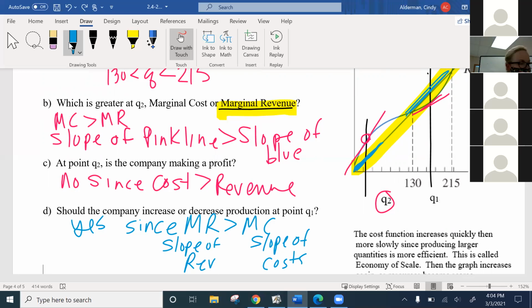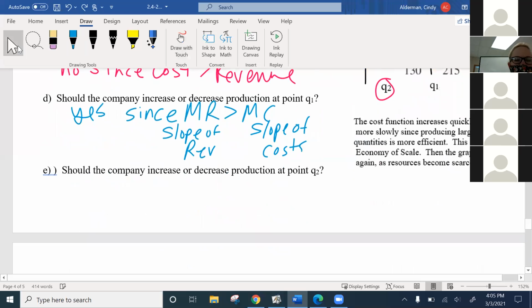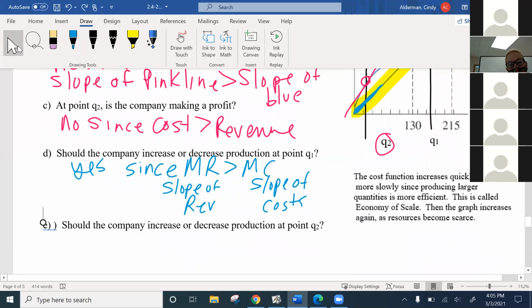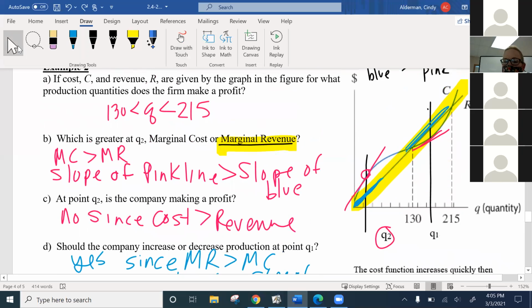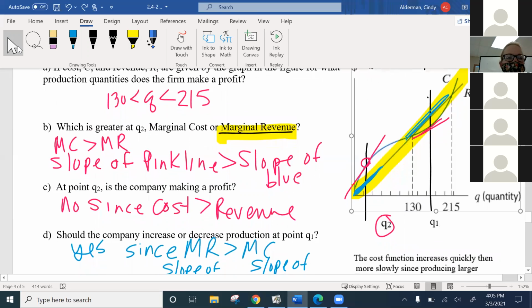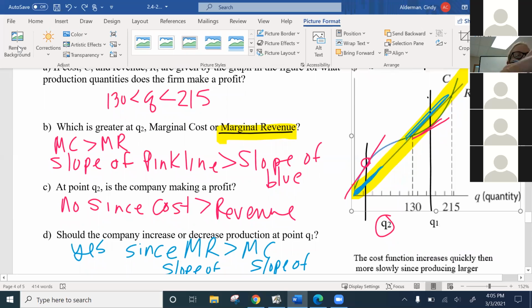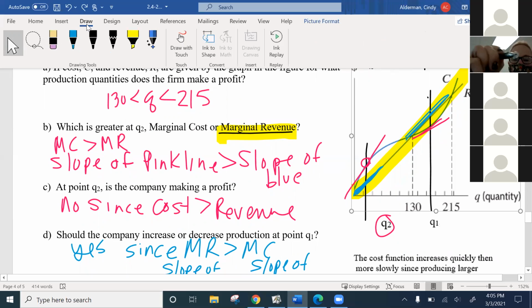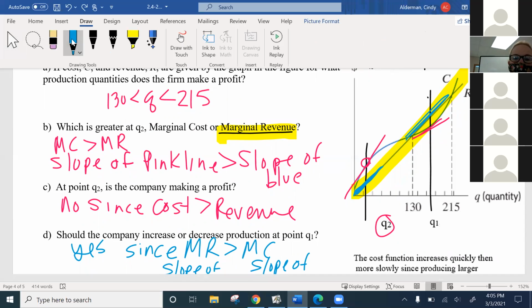All right, then the last question is, I wonder if it's showing on this page. Yeah. Last question is, should the company increase or decrease production at point Q2? So at point Q2, I'm saying it's over here. So here's quantity 2. I moved it over a little bit. So at that quantity,